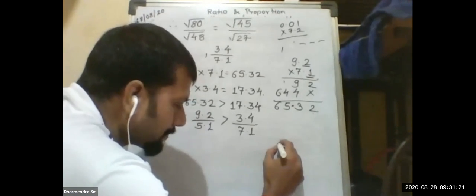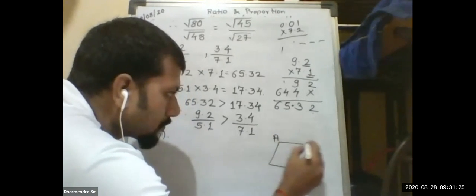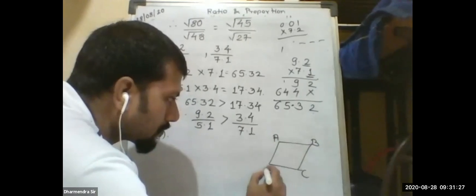So basic properties are required actually. They have given the ratio of two angles, in the sense adjacent angles. The ratio of two adjacent angles of a parallelogram is given, that is 5:4. And they're asking you to find the measure of angle B. So first we will draw a rough diagram, a rough sketch we can say, having a parallelogram.